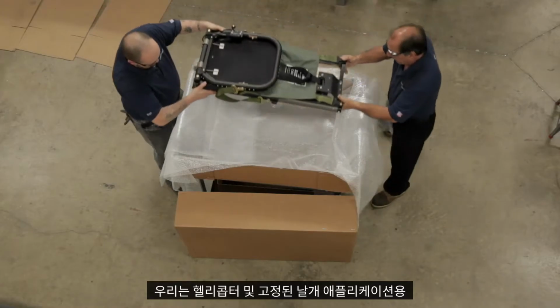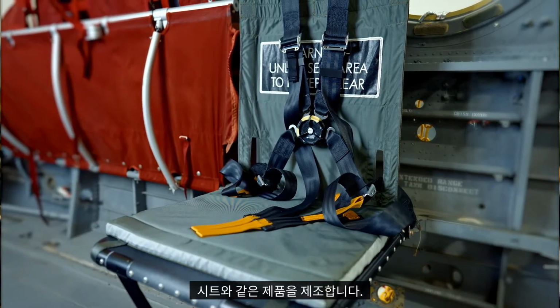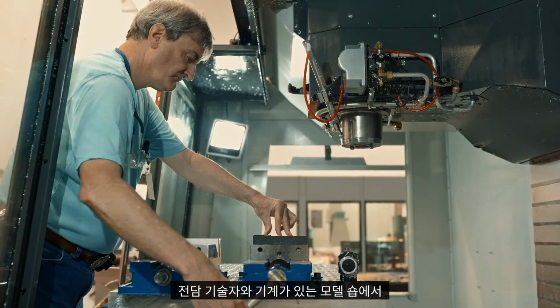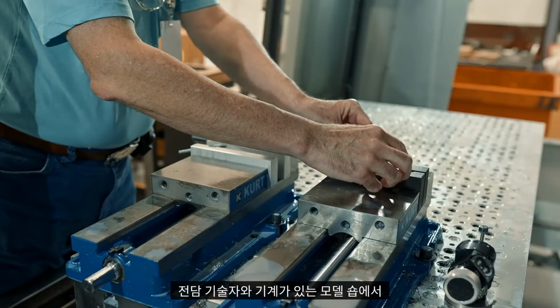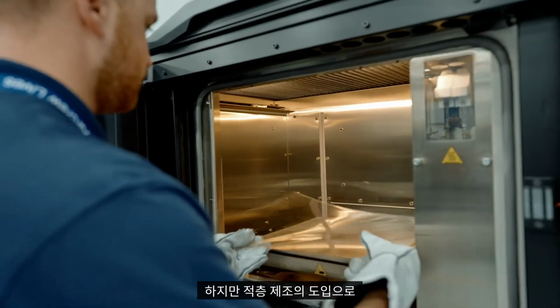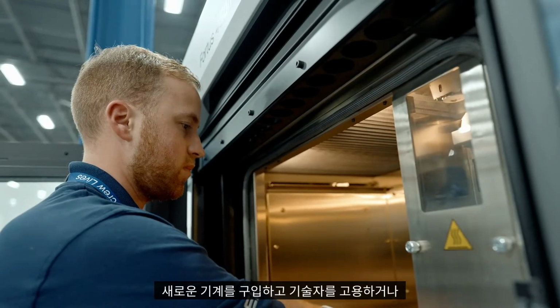We are a manufacturer of things like seats for helicopter and fixed wing applications. We do ejection seat subcomponents, oxygen systems, and ground support equipment. We came to 3D printing because the model shop that we had a dedicated machinist and dedicated machine. The line started getting very long, and the introduction of additive manufacturing allowed us to break that cycle of buy a new machine, then hire another machinist, or have that queue growing of parts you need to go manufacture, which